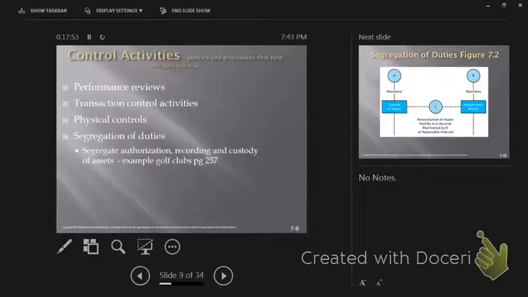Segregation of duties is a good example. Again, there was an example in your book about a golf club warehouse, and over time some golf clubs slowly went missing in the warehouse. And the individual that was working in the warehouse was also responsible for, I don't want to get it wrong, was also responsible for